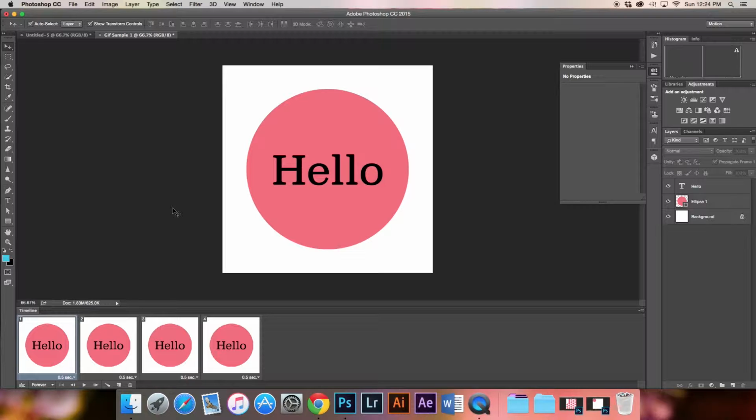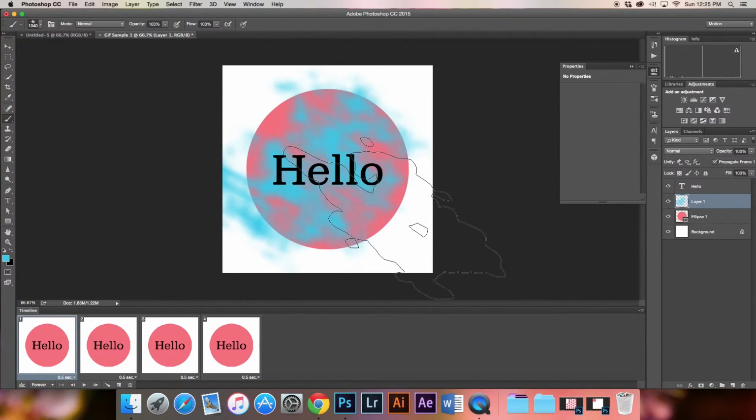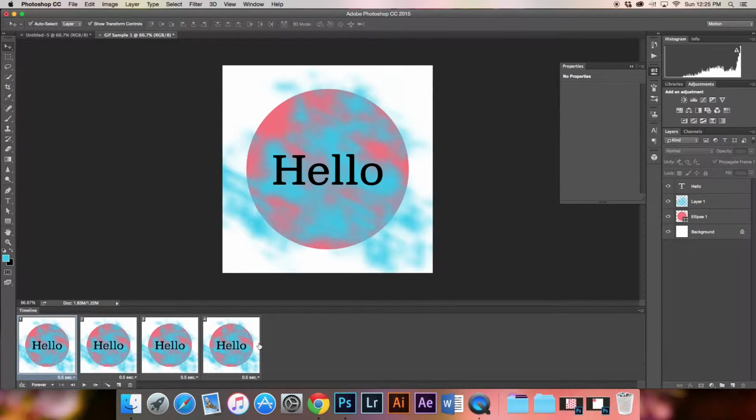So just remember, when you're working with GIF animation in Photoshop, you can turn the visibility on and off, you can change the position, you can change the opacity, you can change the blending modes and layer styles, but some of the other techniques you can use when working with GIF animation, you can use the brush tool. So you could use the brush tool on any of your layers. I'm just going to create a new layer here and use the brush tool. You'll notice it will apply to all of them, but I can go through and turn them off, and then I could paint something different on the next layers.